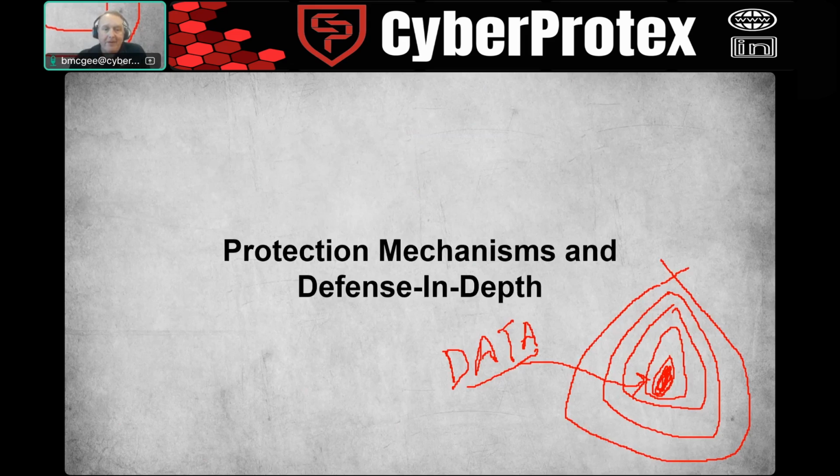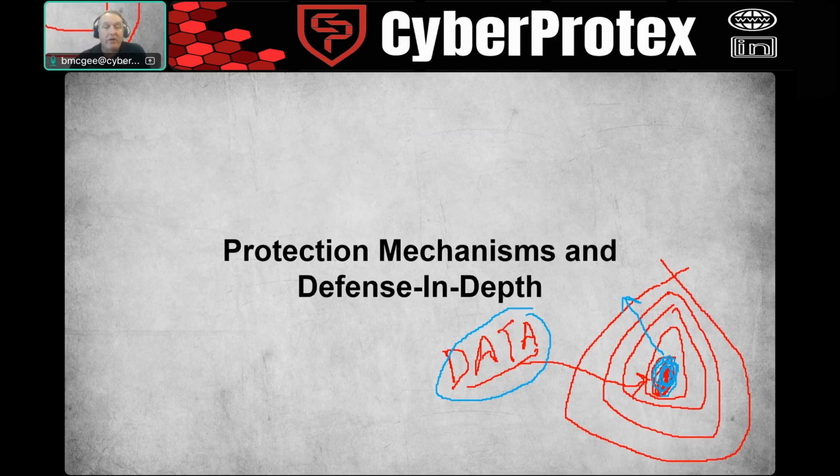And oftentimes what we see is that the most expensive mechanisms are typically very close to the core. So near the middle here would be the most expensive, as close to the data as you can possibly get. And then as you spatially diffuse to the further rings out near the periphery, typically it would cost less money to implement those controls, further away from the data. Now we could probably argue or debate about